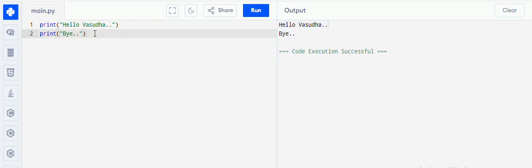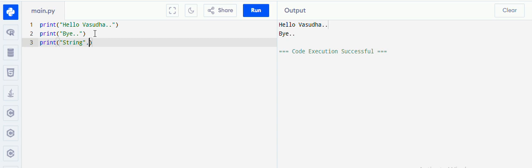Why? Because the actual syntax of the print statement is like this: print, then you put double quotations, that is a string, right? After you finish your strings, there are two keywords specified in the print statement automatically, that is sep and end.